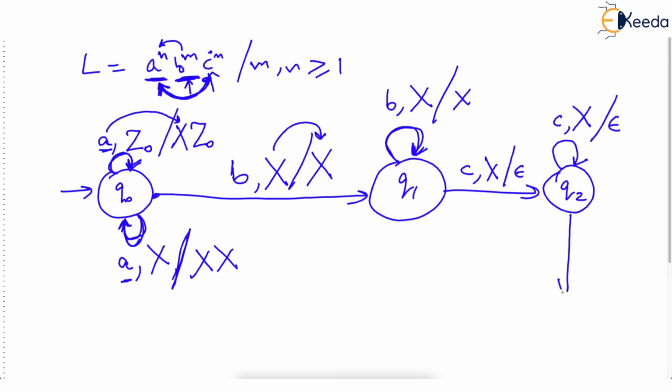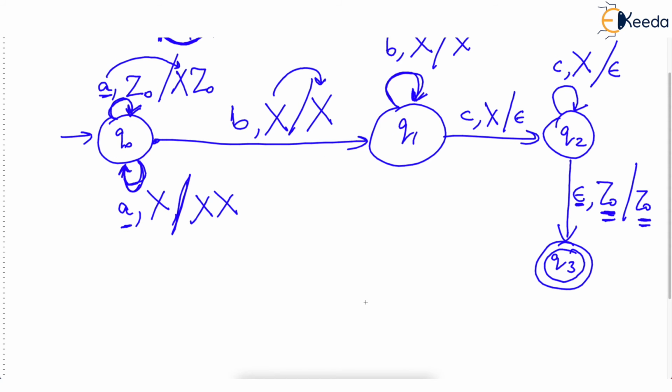Now what if you are left with the empty string epsilon? Then top should be Z0 and you will leave the stack unchanged. There's no sense in popping Z0. You will keep Z0 as it is, but you have encountered the end of the string and you can go to Q3 and accept the input. This is the final state. So how do you view this?